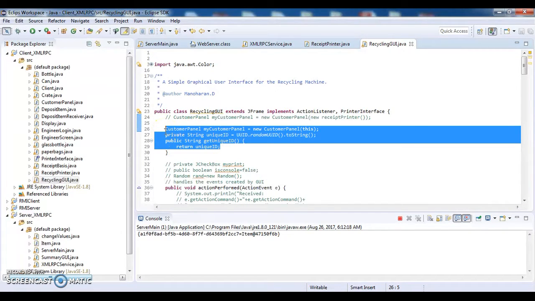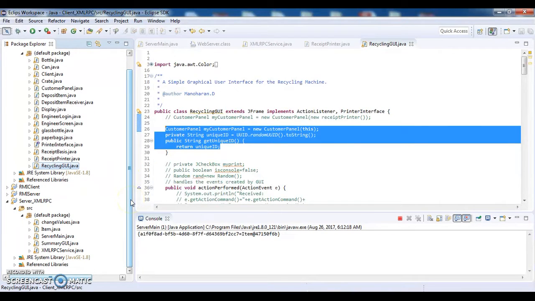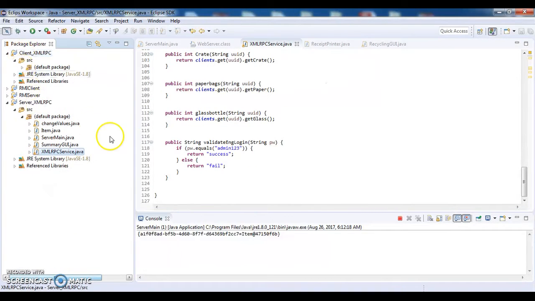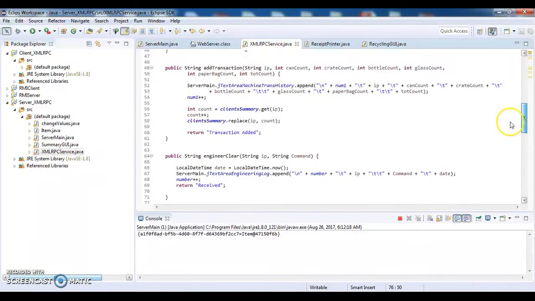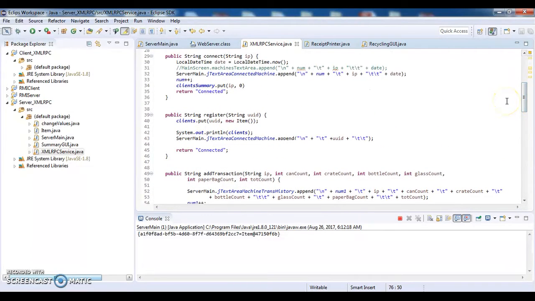The same thing I am implementing on the server side. Here, by using these codes, I am getting the UUID from the client,